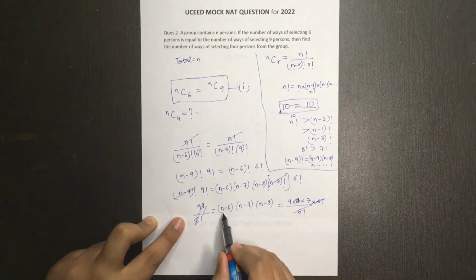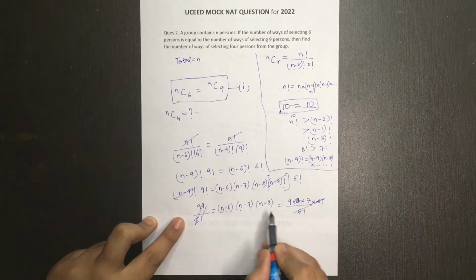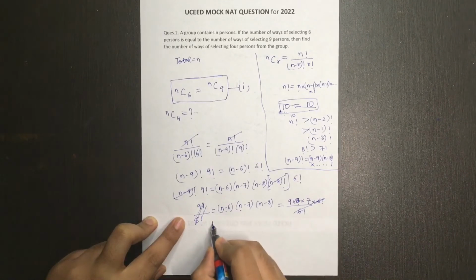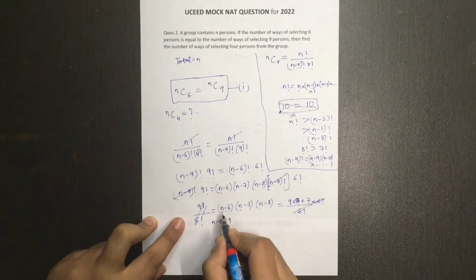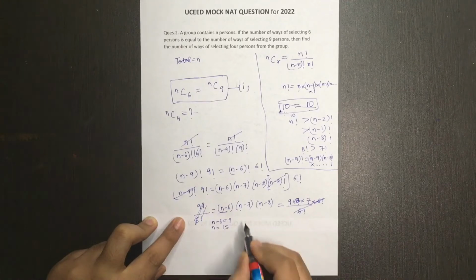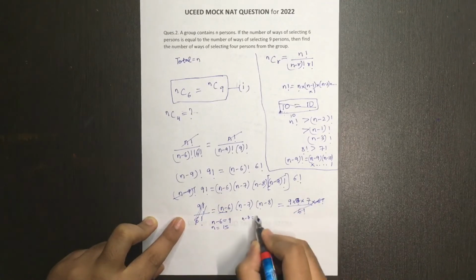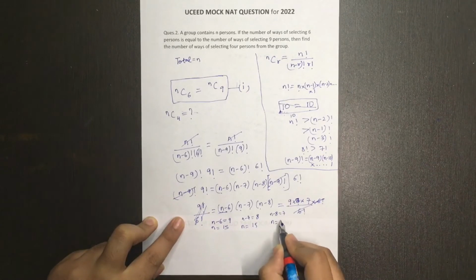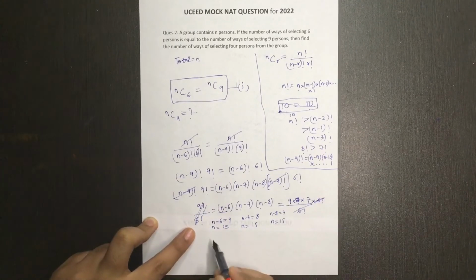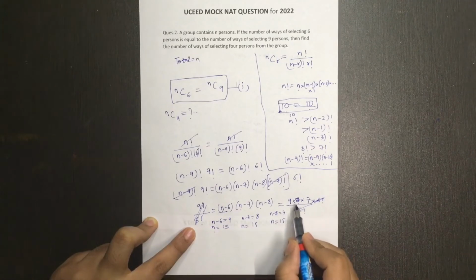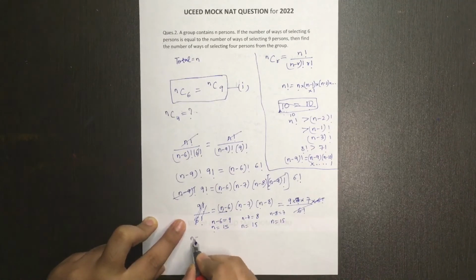Now what should be the value of n so that we get 9 in first place when subtracting it by 6? Then n minus 7 is equal to 8, then n minus 8 is equal to 7. Just take anything. So n minus 6 is equal to 9 first, and corresponding to that number you will get the value of n. So n over here should be 15. Similarly, if we take n minus 7 is equal to 8, n again should be 15. And n minus 8 is equal to 7, then n again should be 15. So the value of n should be 15 in any of these cases to get 9 into 8 into 7, right? So the value of n is 15 over here.